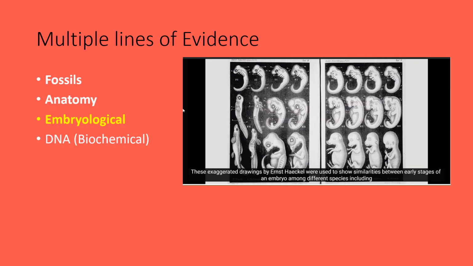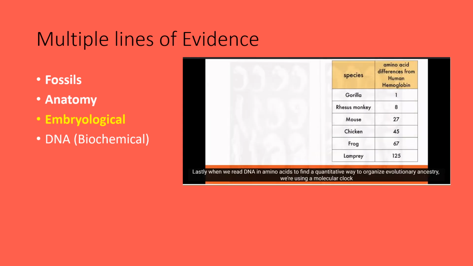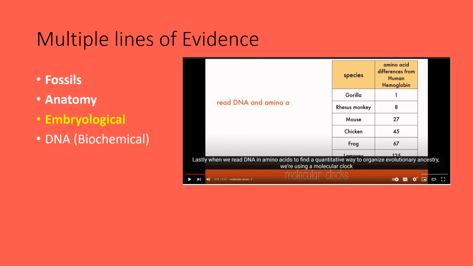These exaggerated drawings by Ernst Haeckel were used to show similarities between early stages of an embryo among different species, including salamanders, pigs, and humans. And while they're not truly accurate, they were some of the first attempts at using embryology as evidence for evolution. Today, the stages are studied at the same point in their evolution, unlike these images. Lastly, when we read DNA and amino acids to find a quantity